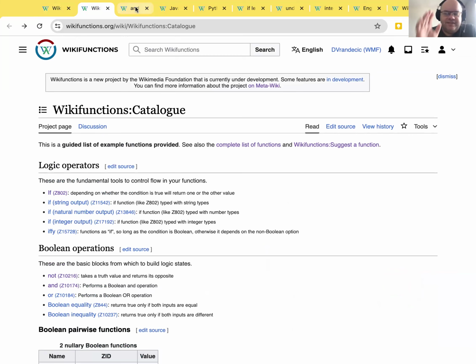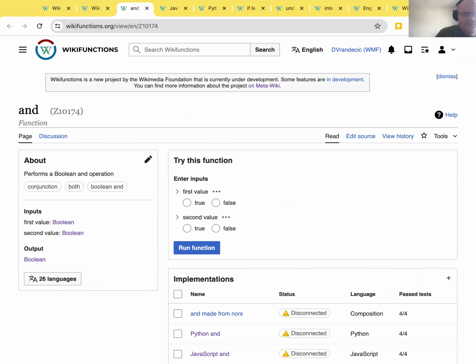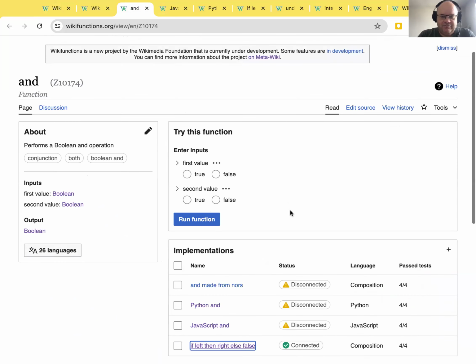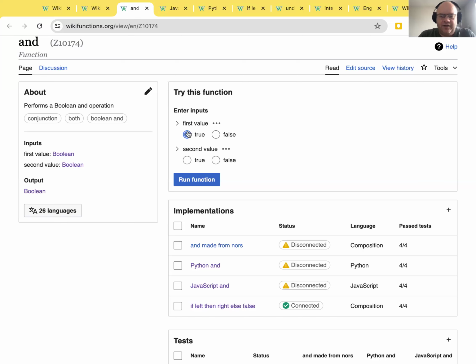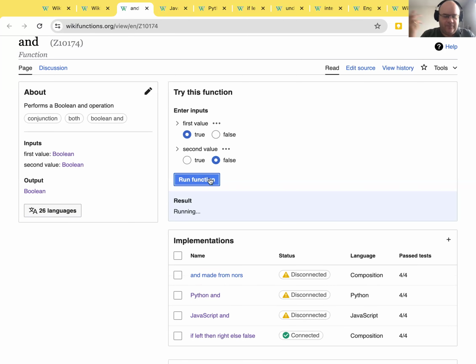So one example, I'm starting with an intentionally very simple one in order to show the system well. This is the AND function, like the Boolean AND function. So I can put in true and false, and I get back, hopefully, false after a while. Or if I run true, well, this is really a while. Sorry for that. It shouldn't take that long. Come on, it's not that hard.